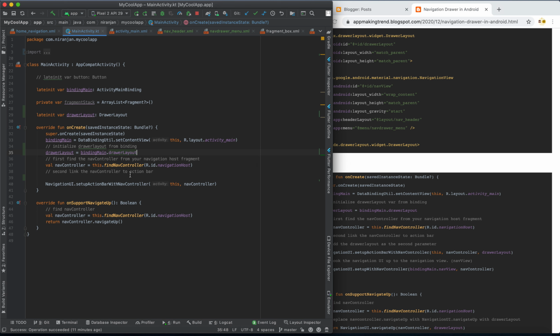Then we have to add the drawer layout as a second parameter. So let's add the drawer layout as a second parameter. That's also okay. Now then we have to hook the navigation UI up to the